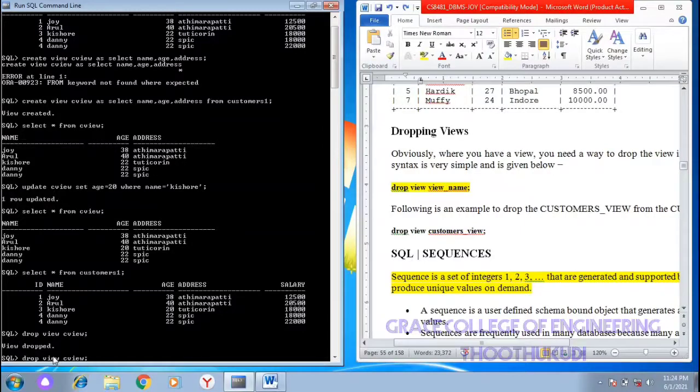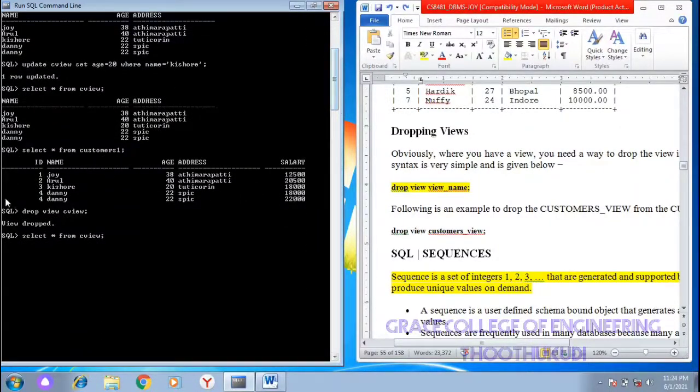If you use the select command, select star from C view, it will show the message table or view does not exist, because we dropped the C view. This is the concept of view.